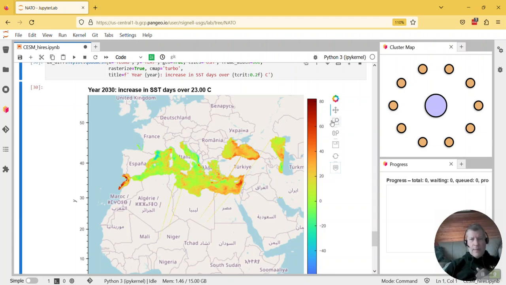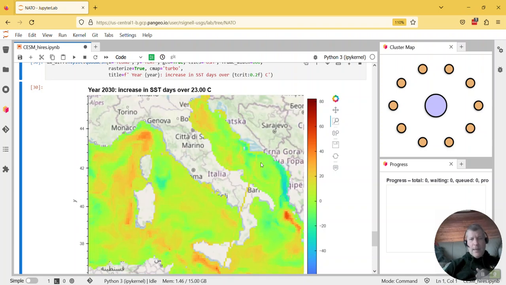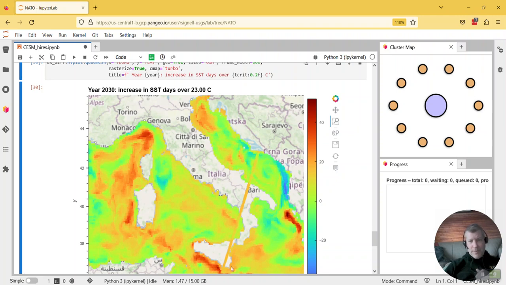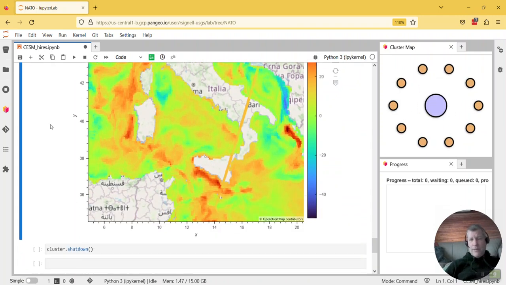But again, we can zoom in here and see, like in the Adriatic, I apologize for this line again, but there's some regions where it actually goes down and other regions where it goes up, which I think is kind of interesting. Again, I don't know how accurate this model is, but anyway, you get an idea of how easy it is really to work with Xarray and these tools with a cluster, and we can look at other data sets,